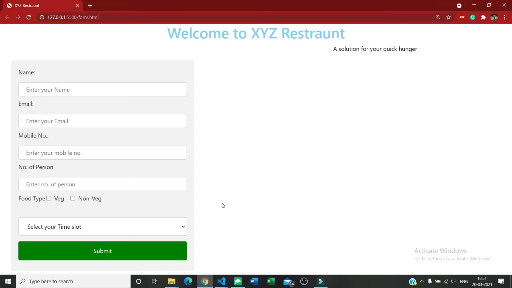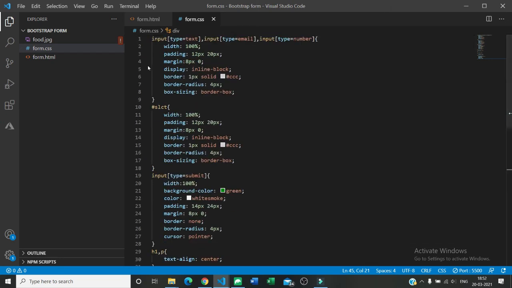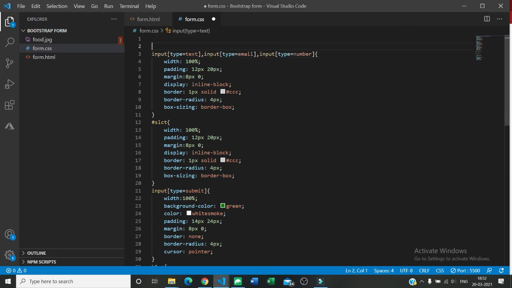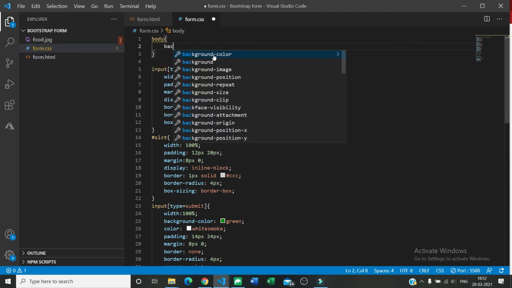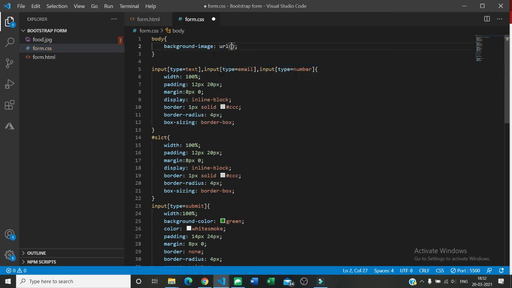It will look cool, but still my front page is not looking very fine, so use some image and make it cooler. Let's start. Give some style to your body. Yeah, exactly. So I'm going to give some style to body, and how I'm going to do it, I am going to put an image I already have here. So I'm going to use background image, where I'm going to use URL for that /food.jpg,